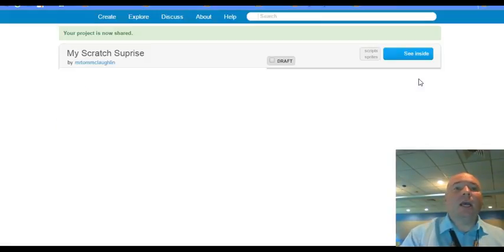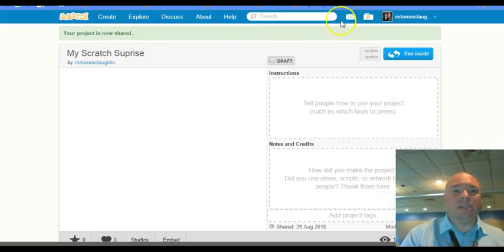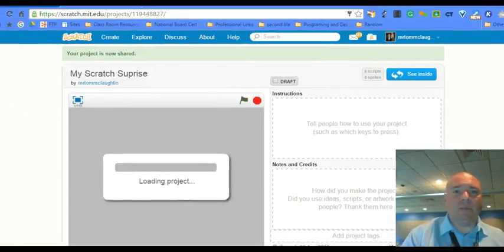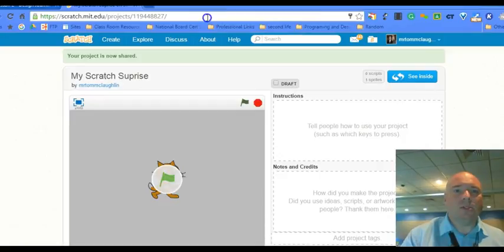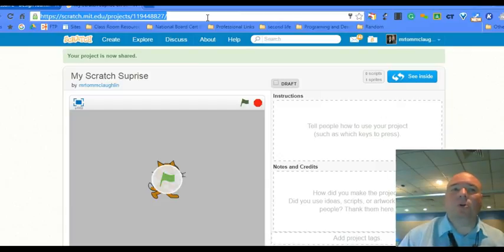And then it's shared. And you can see this is now the project page. The link that you're going to end up giving to me to submit in Blackboard is the one up here for the project. But if you don't share it, I'm not going to be able to see it. So you have to make sure you share it so I can actually see it and give you the points for it. So you copy the link,